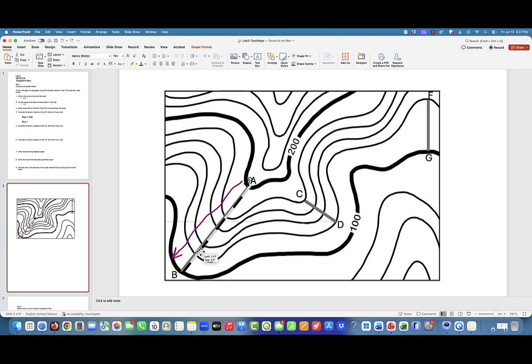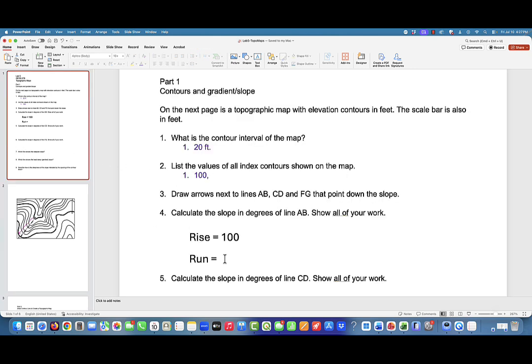I'm going to say like 790 feet. So the rise divided by the run. So what we're looking for here is